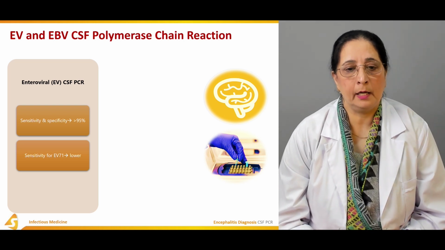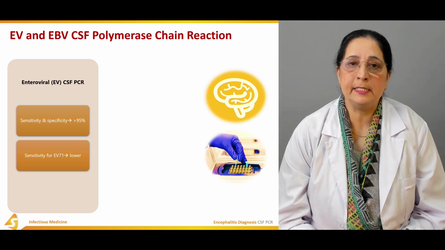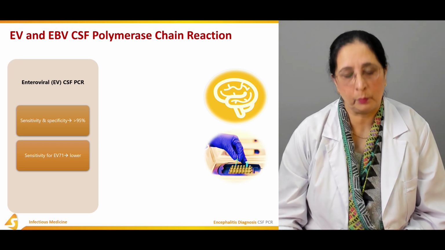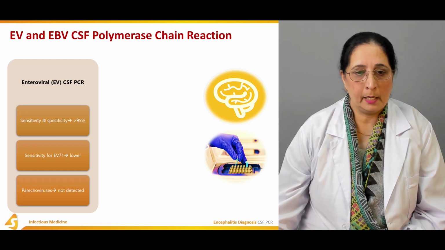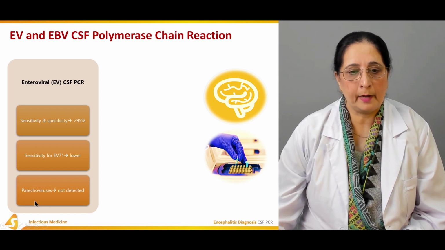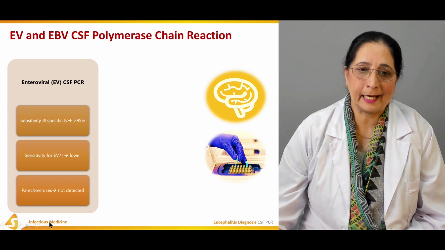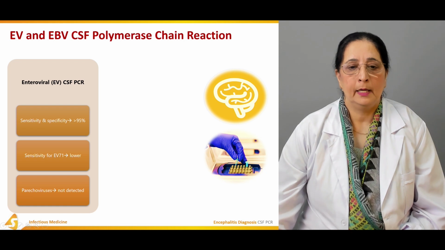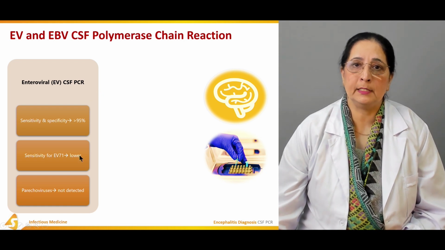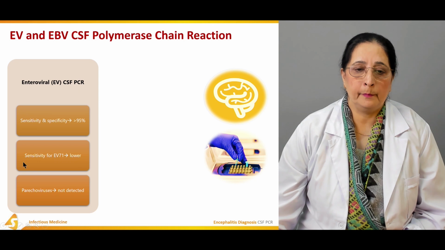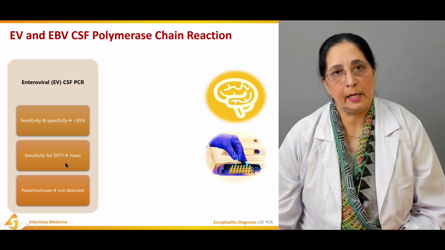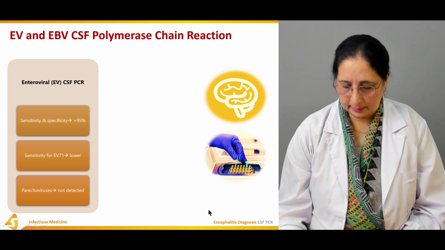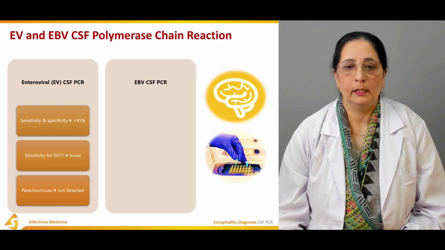Sensitivity for enterovirus 71 is lower as compared to other enteroviral types. Parechovirus is not detected by the polymerase chain reaction. So, enterovirus has very high specificity, lower for enterovirus 71, and parechovirus is not detected. Then we have